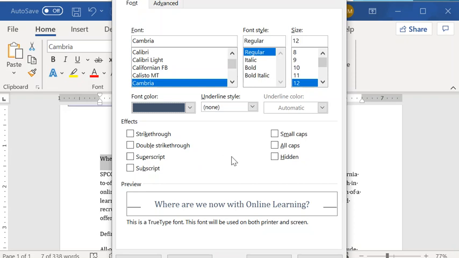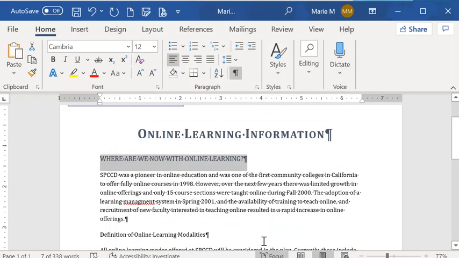And then I'm going to click the all caps checkbox, and I'm going to click OK to close out of that. And that changes the font for that